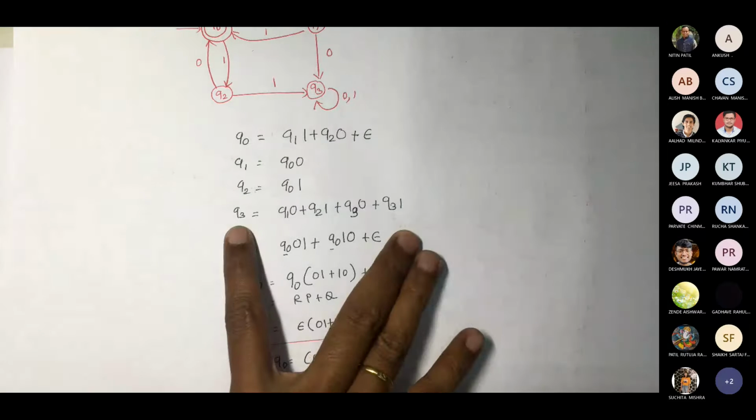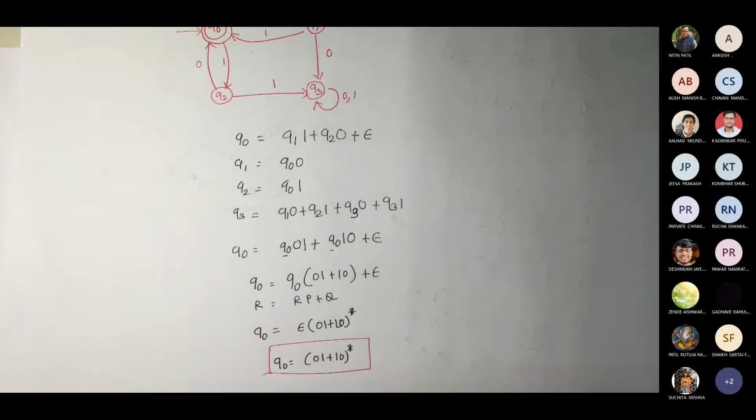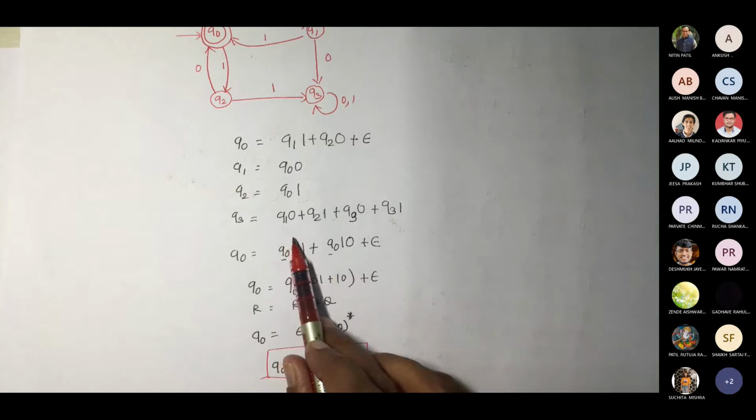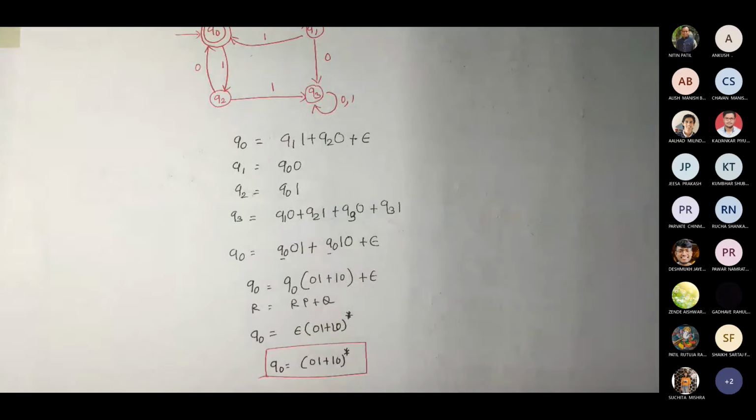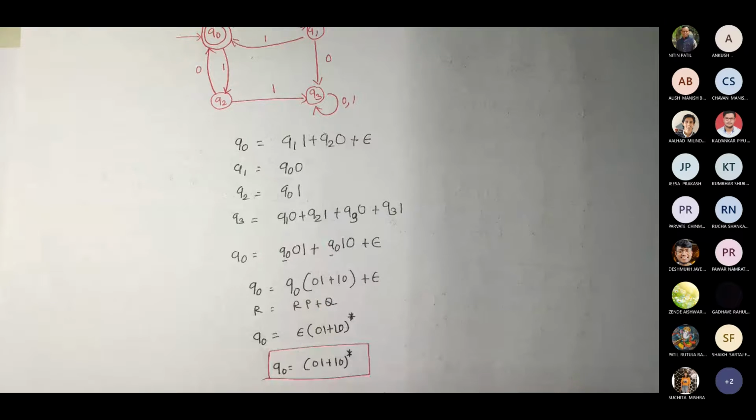Now, even if you write Q3 equation, you are never using it. It's okay. Because one can see that state is not at all used, or that equation associated with Q3 cannot be used further. Even if you put values over here for Q1 and Q2, it doesn't make any sense. Because Q3 you are not going to use at all. So I cannot call it a mistake, but you are delaying the solution.